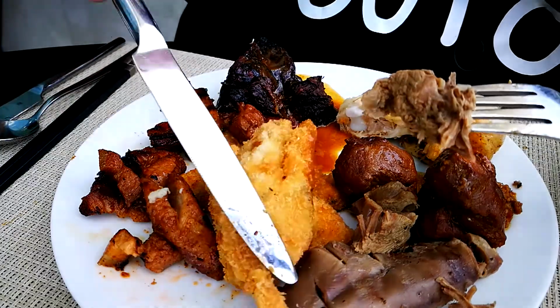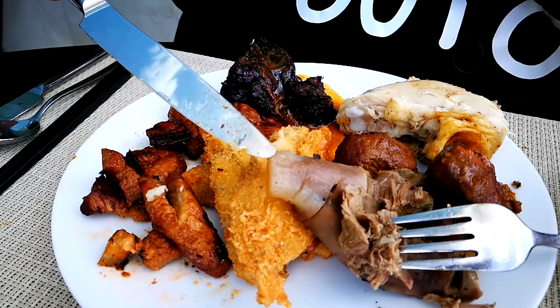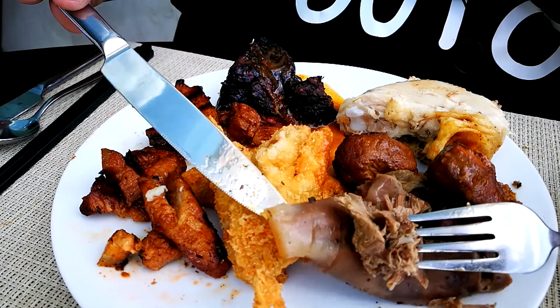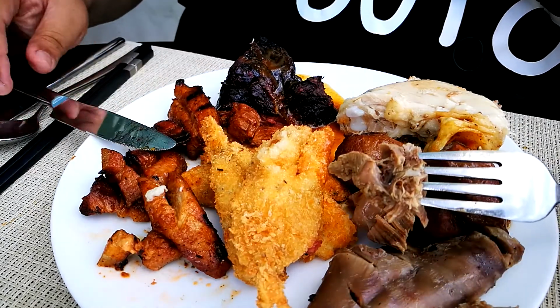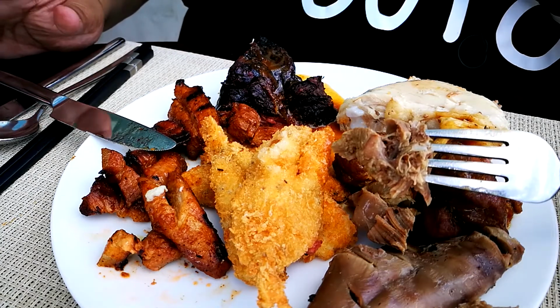Now we'll get a piece of bulalo. See, guys, this is the bulalo piece that I got. Make sure that you get the one with the cartilage or tendon. Why? That's the highlight of bulalo. Bulalo is a slow cooked beef, simmered for hours and hours until the beef falls bone tender. And they always use beef shank. So the highlight of the beef shank, aside from the marrow, is the tendons. And it is going to be succulent and a bit,